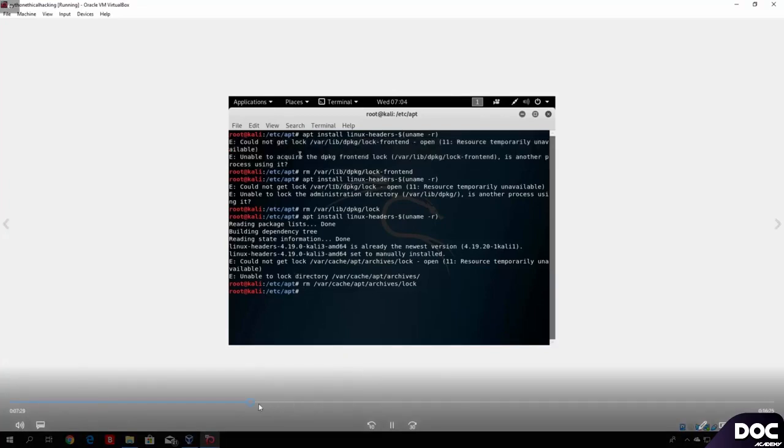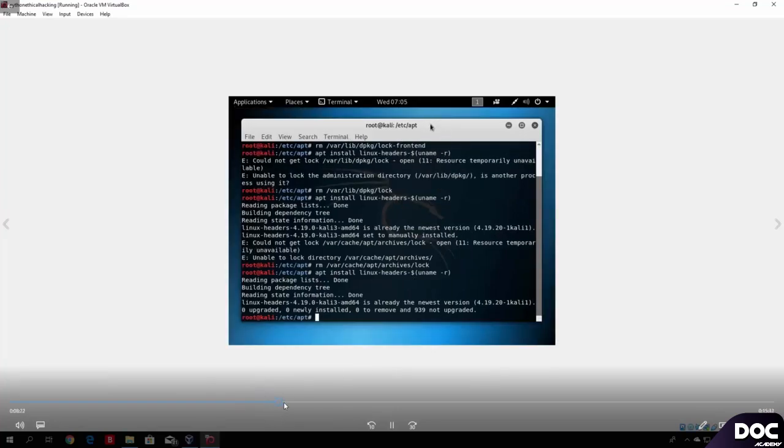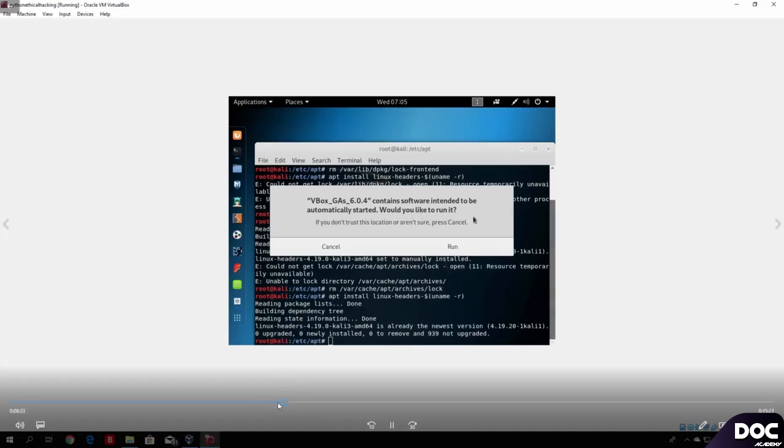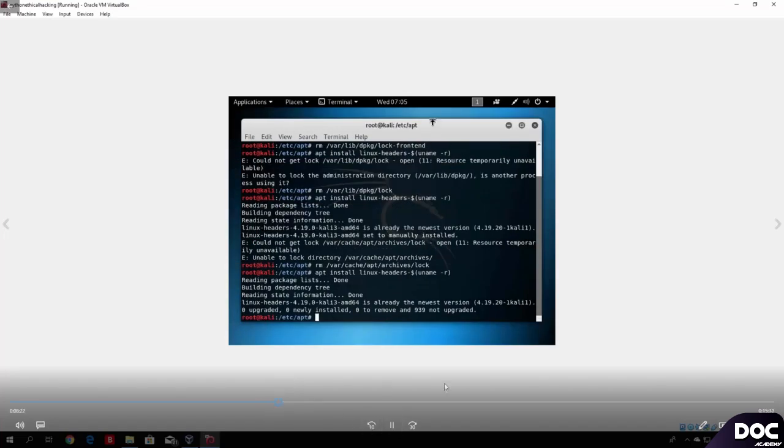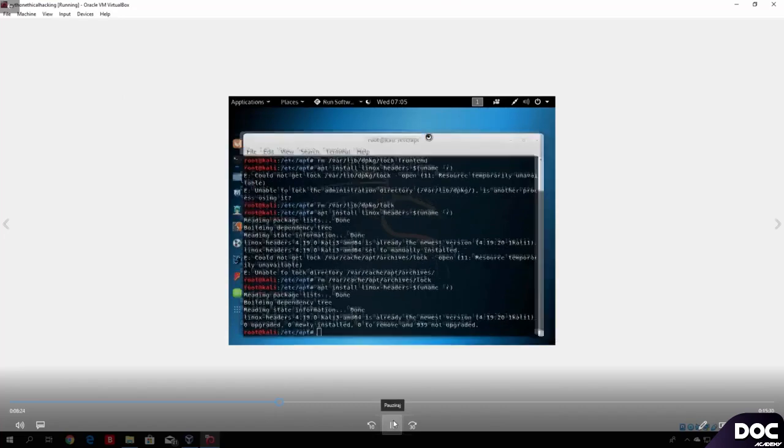Now in my case, let me just go this way forward. In my case, it was already the newest version, so it didn't have to download. Now let me see what I did next. So I will just forward this. Okay, so right here, after that, what I did is basically I went to my,